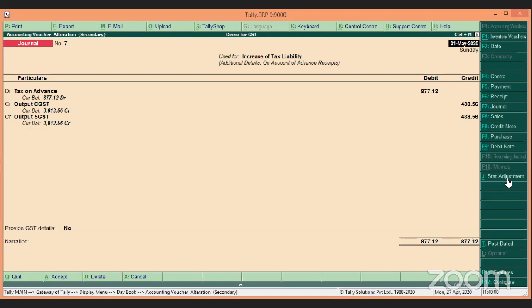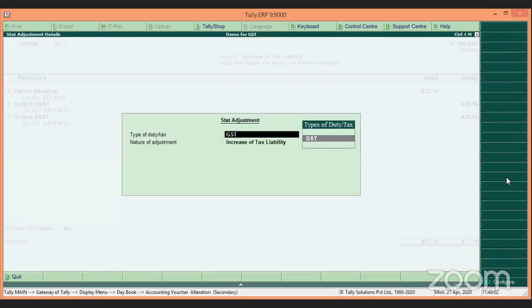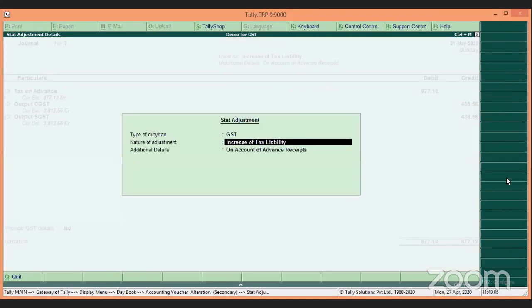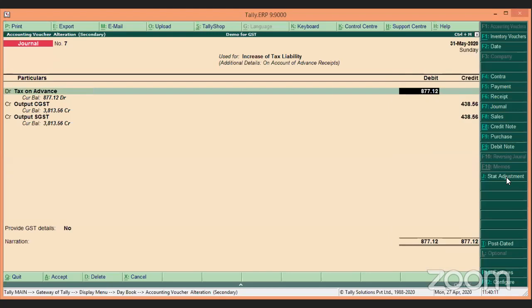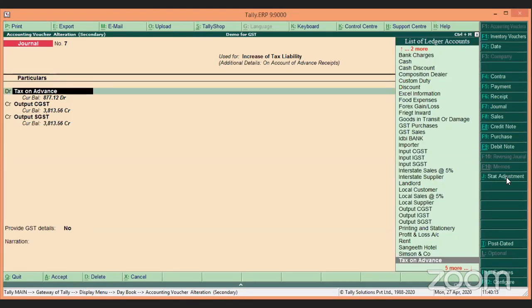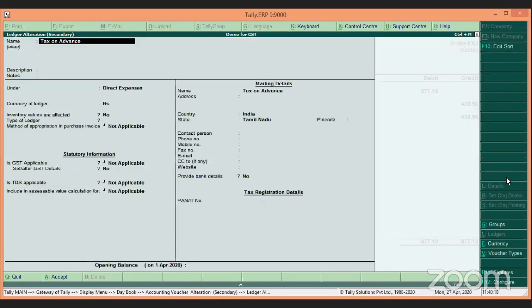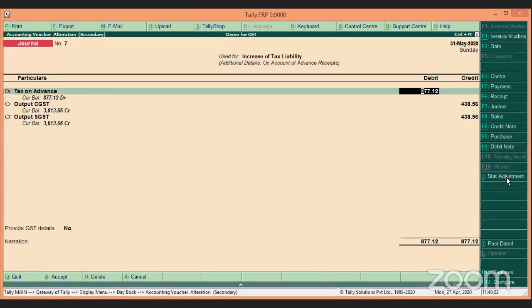So this is what the entry is going to be. On the right hand side, there is something called stat adjustments. Click on this GST, increase of tax liability on account of advance receipt, right? So tax on advance receipt. We have created a ledger called tax on advance. Under expenses, I've kept it. It is 877.12. Why? Because,